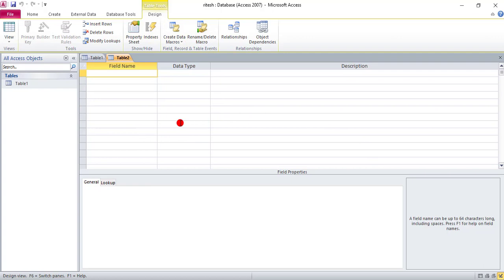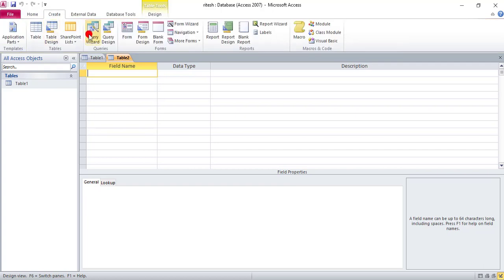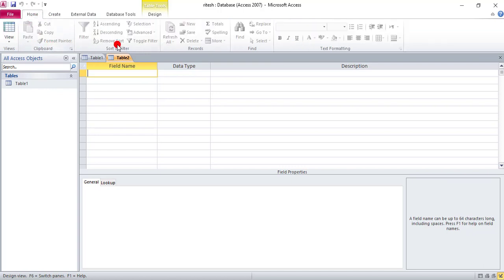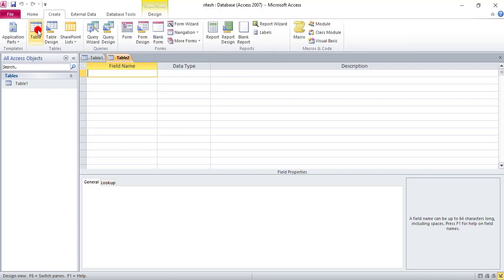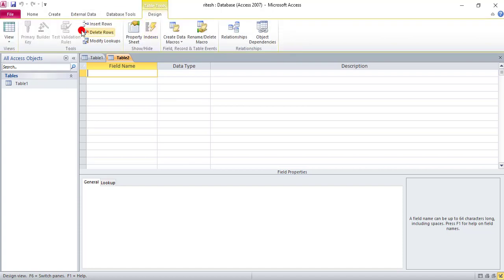Okay, first of all, again, this is your title bar, this is your tabs, file, home, create, external data, database tool. These are called tabs. This is called your ribbon. Here you will get all the options like home, clipboard, sort and filter, these things. In create, we have different options, external data, database tools, designs.